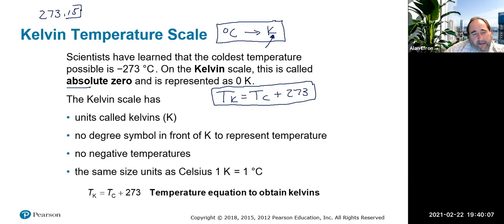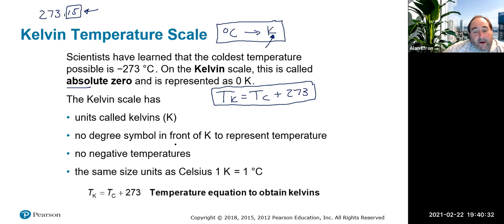Virtually nobody uses the 0.15 part of the number anymore, but if you want, you could do the 273.15. Most of the time, people don't do that because it typically will get rounded off anyways. So 273 is a perfect number to use. But in case you do see it somewhere, the actual true number is